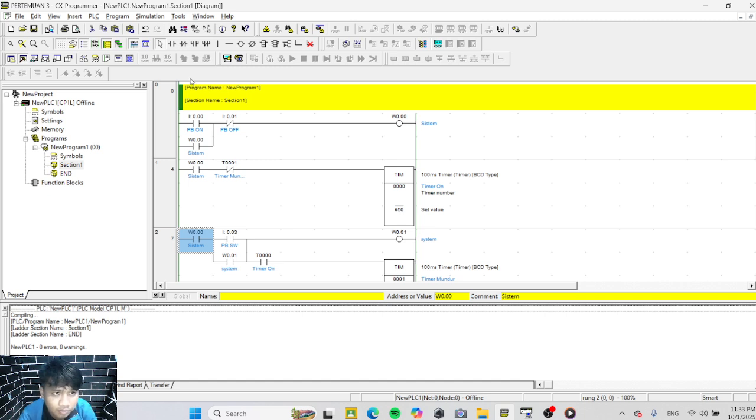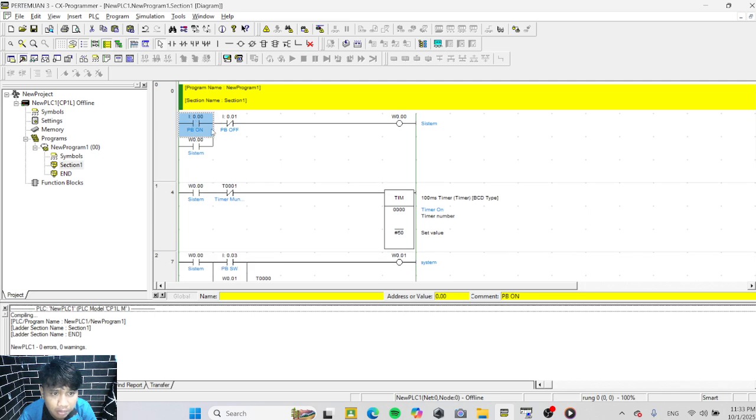In the schematic, the programmer creates input PB1, address 0.00, and PB off, address 0.01, with comments.